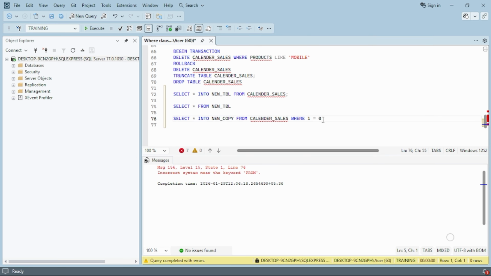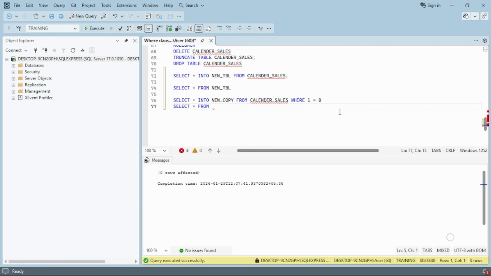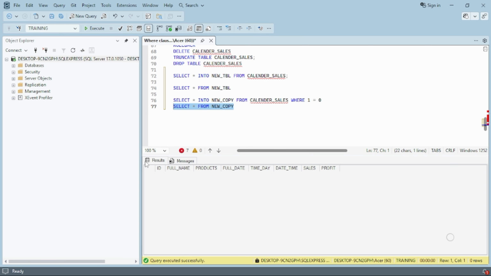So what is this where clause saying? It is saying that all the rows available in this source table are false. So if I execute this query, it says 0 rows affected. That means if I check the table which I have just created, select star from new copy, you will find the table structure is here, but we are not having any data